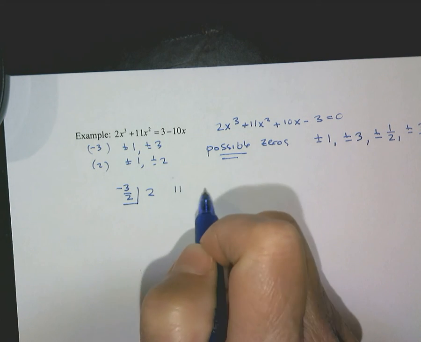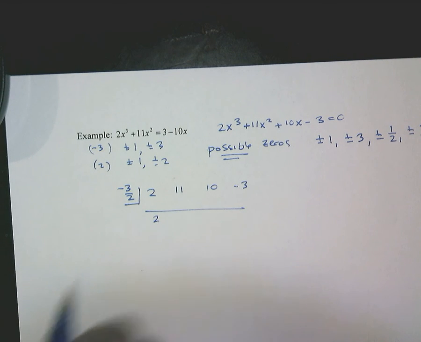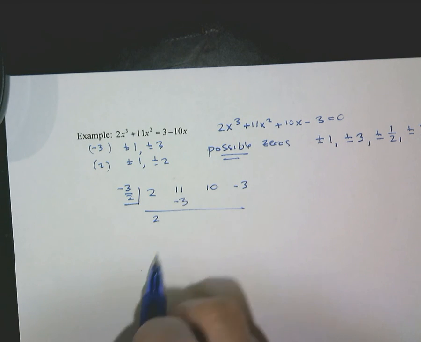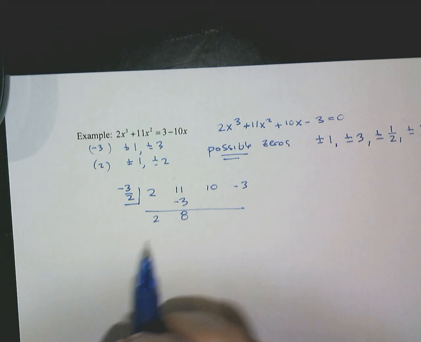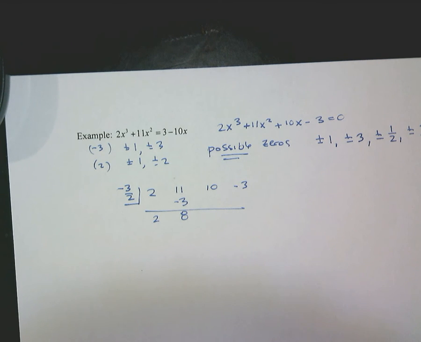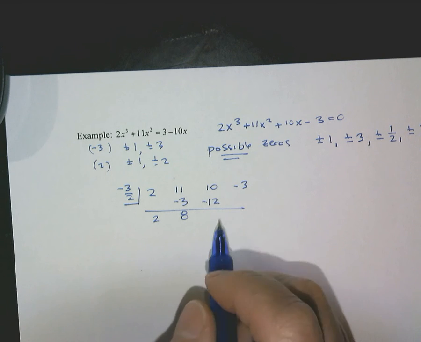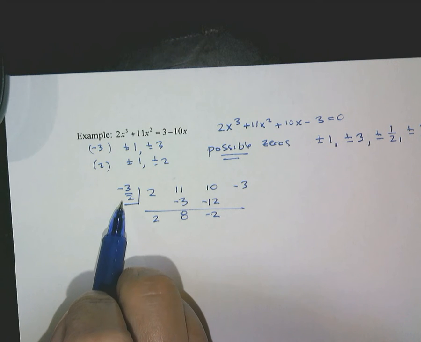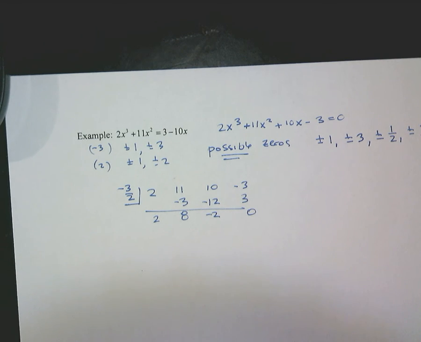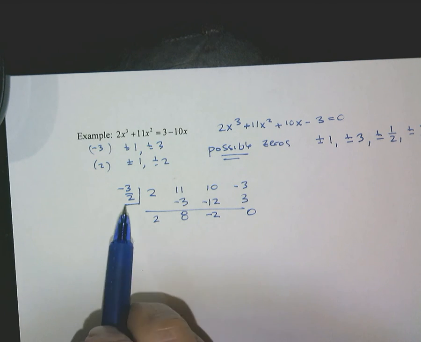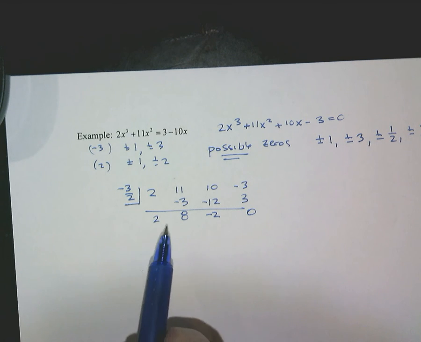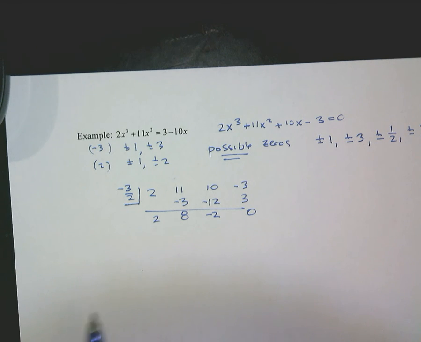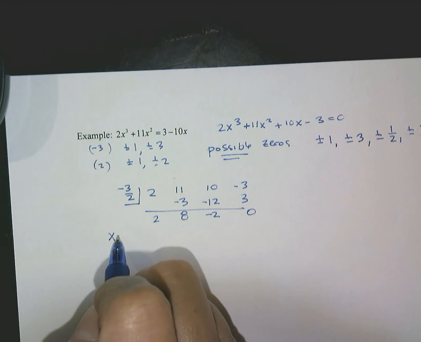I have 2, 11, 10, negative 3. Bring down the 2. 2 multiplied by negative 3/2, negative 6 over 2, gives me negative 3. Add these, I get 8. 8 times negative 3 over 2 will be negative 24 over 2, which gives me negative 12. When I add these, I get negative 2. Negative 2 multiplied by negative 3/2 will be positive 6 over 2, which gives me a positive 3. It gives me a 0. That makes me happy. That's what I want to see. Remember, if I didn't get a 0 here, I either picked the wrong value to put here, or I've done my math incorrectly. So that means I've got x plus 3/2,